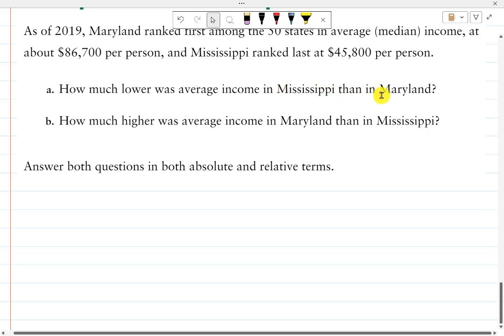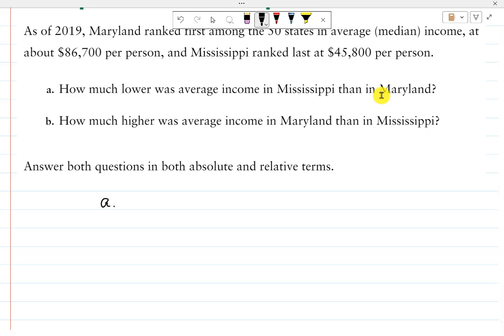So than in Maryland means I'm comparing it to Maryland. So with part A, if we look at the absolute change, it asks for this as part of the problem, but you don't need to do that for the percentage change. The absolute change, since we're comparing it to Maryland, we're going to take the Mississippi first, which is $45,800, and